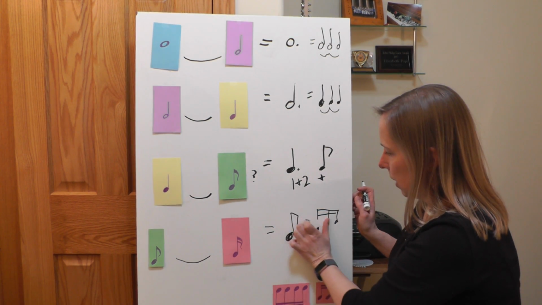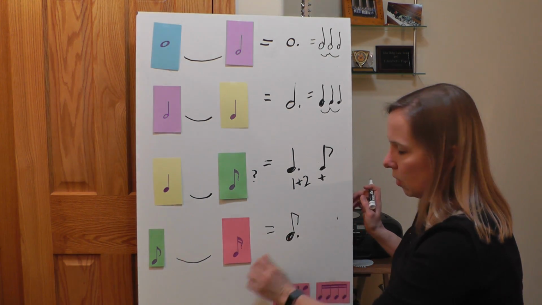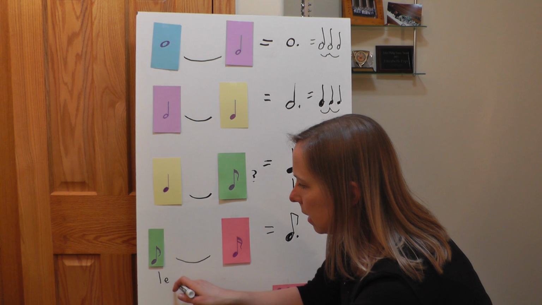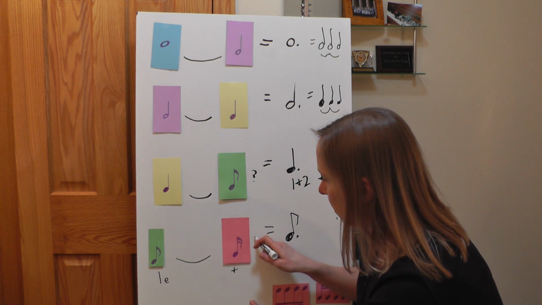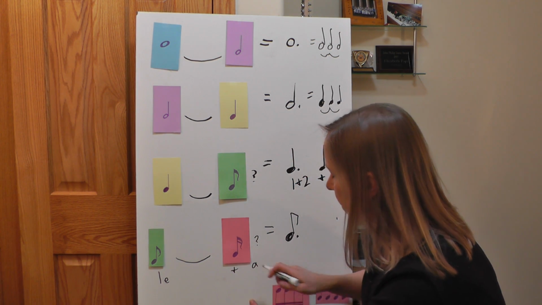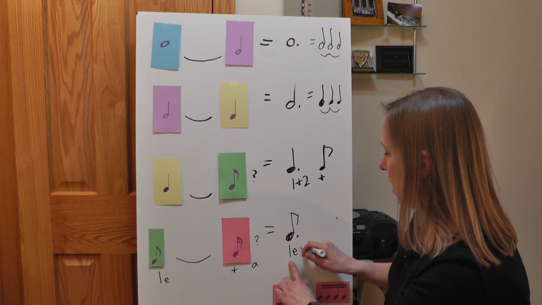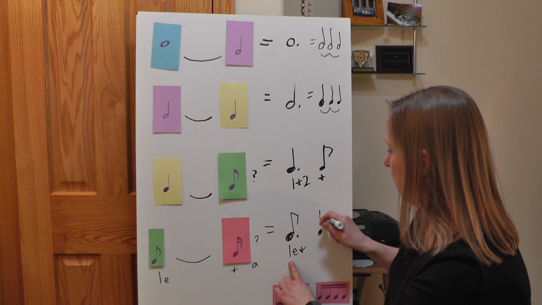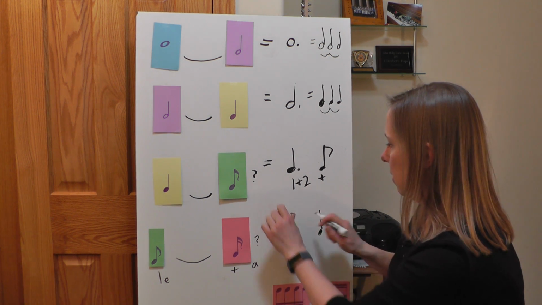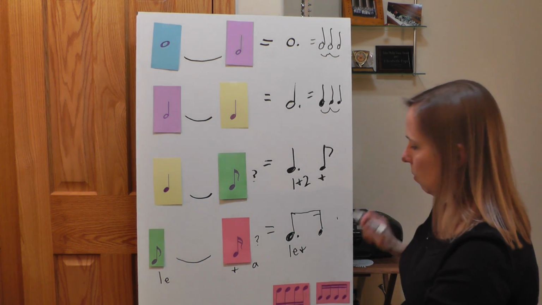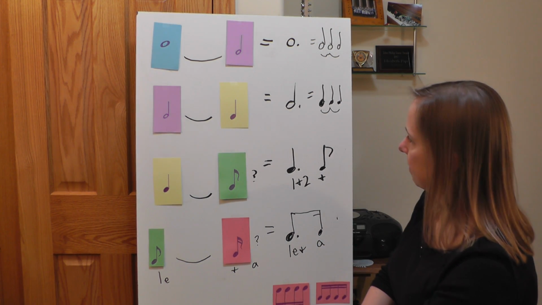The same thing is true down here with your dotted 16th or dotted eighth note. So this would be 1 E and you're missing your last 16th. So this is the same thing. 1 E and over here would be your final 16th note, and I can write it. That's the way you'll usually see it. 1 E and